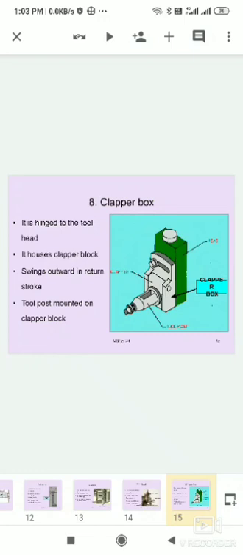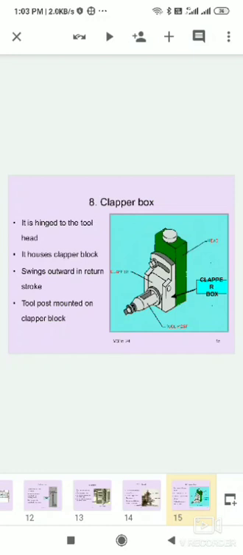The cutting tool does not come straight back. It is lifted, supported by the clapper box. Then it comes to the idle position. The cutting tool is held in the tool post on the clapper box.